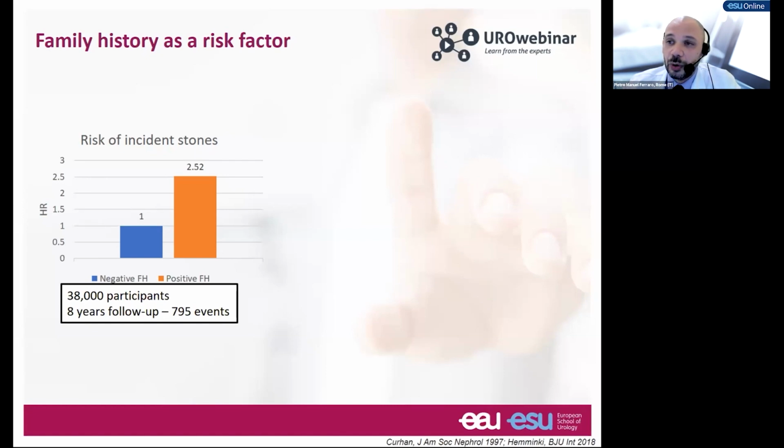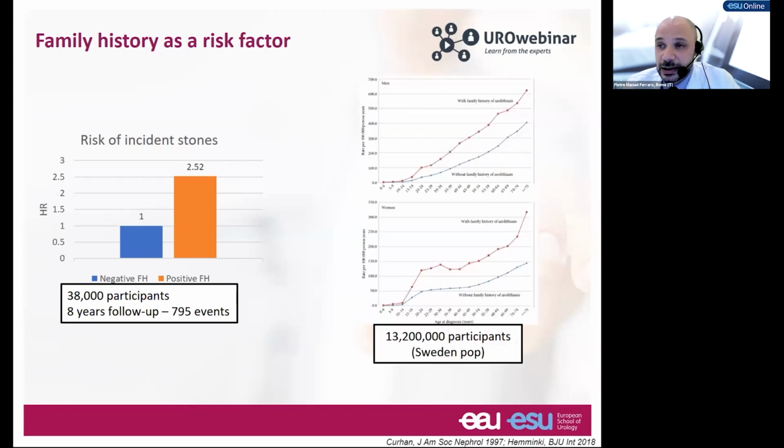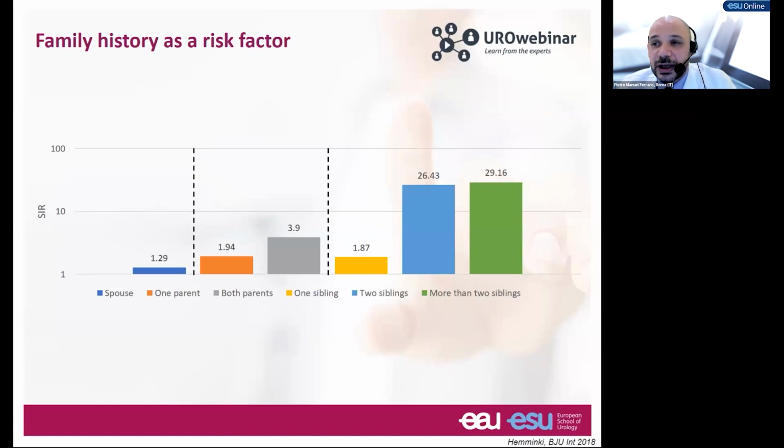So this can be due to either heritability, so genetics, or to shared environmental and dietary risk factors. In order to disentangle this, we have data from a very large study of the overall Swedish population that confirmed that having a positive family history for kidney stones is a risk factor for both men and women. But the authors of this study also looked at the relationship between the proband and the other affected